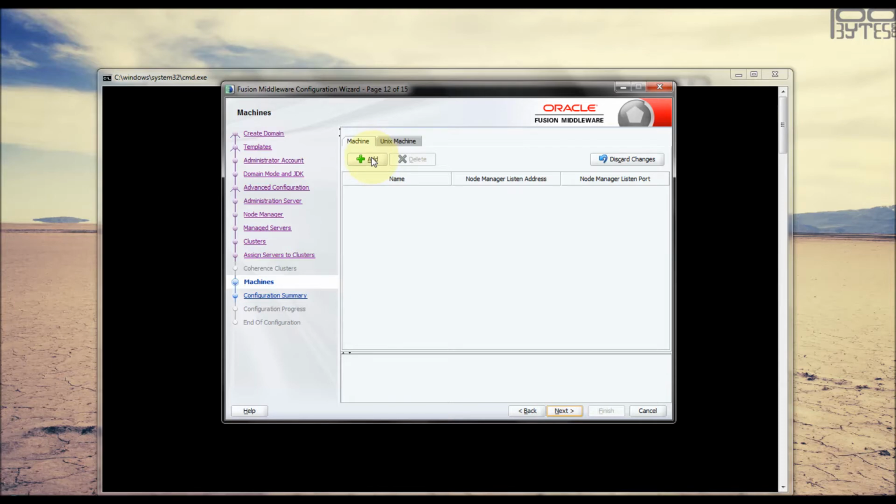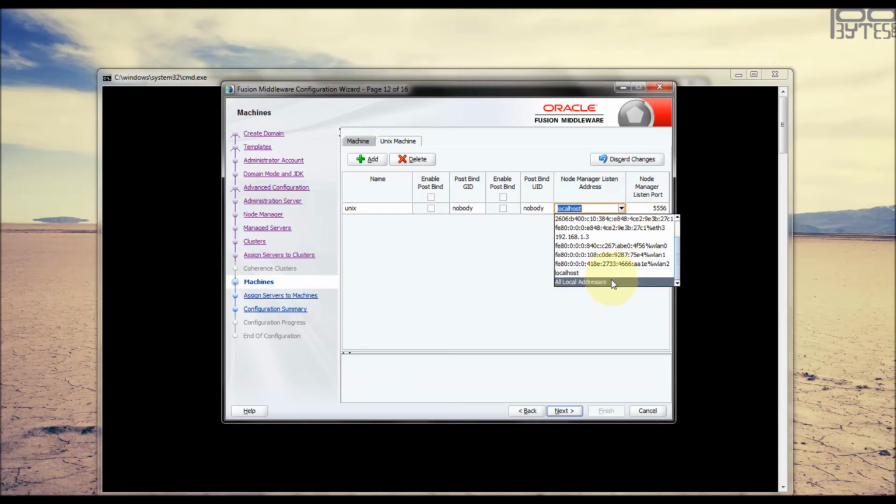Now I'm going to create two machines. One is a Windows machine, named Windows, and the listen address will be all local addresses. For the Unix machine I'm going to create another one, named Unix, with the same all local addresses. This will listen on port 6666.